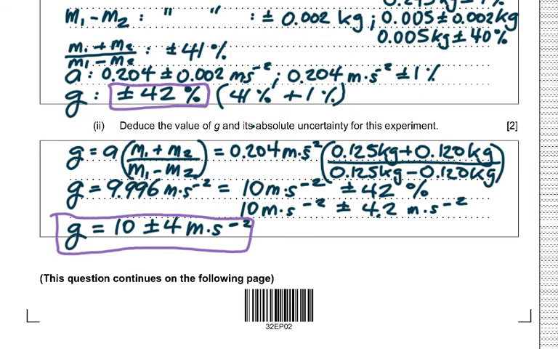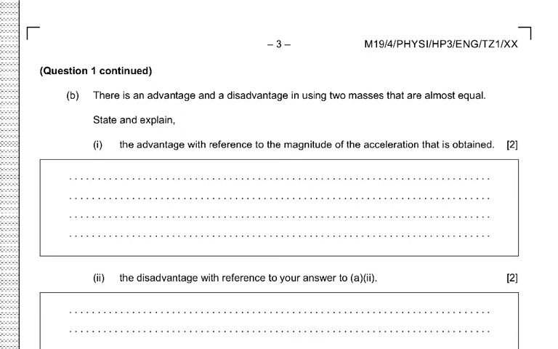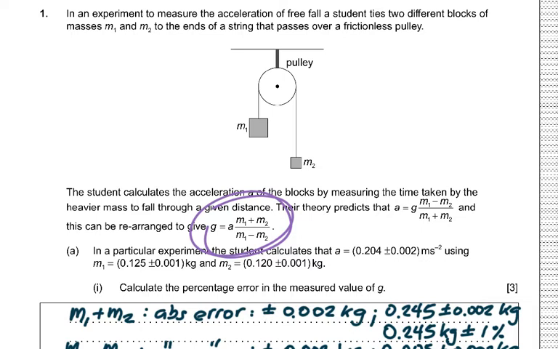Oh, very good. Okay, so B, advantage and disadvantage. Using two masses that are almost equal, what would be an advantage, with reference to the magnitude of the acceleration that is obtained? Let's revisit the experiment to see what they're talking about. So this is an Atwood machine. So we have two masses over a pulley, and it's saying there's an advantage in having M1 and M2 be